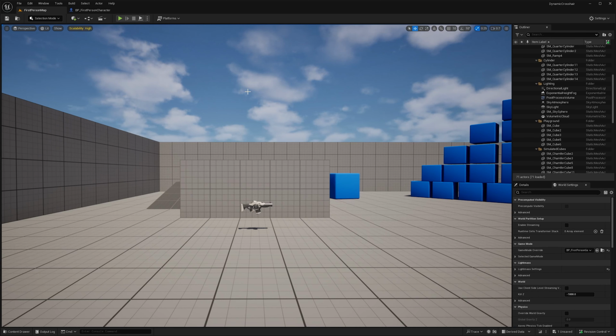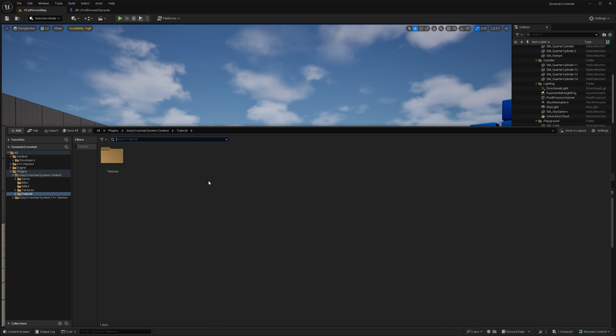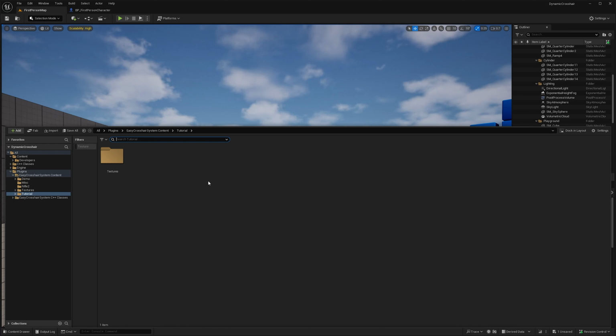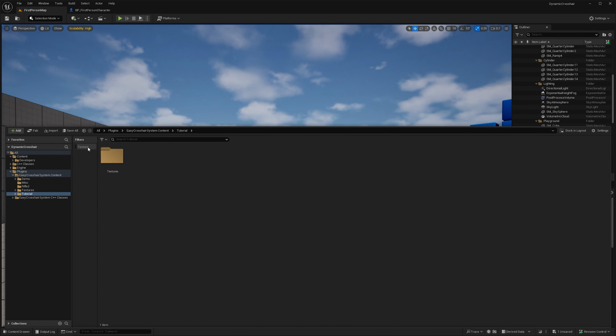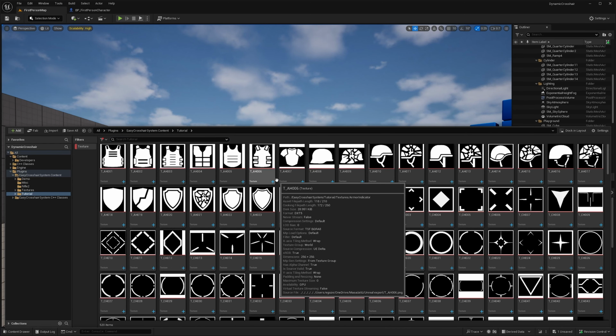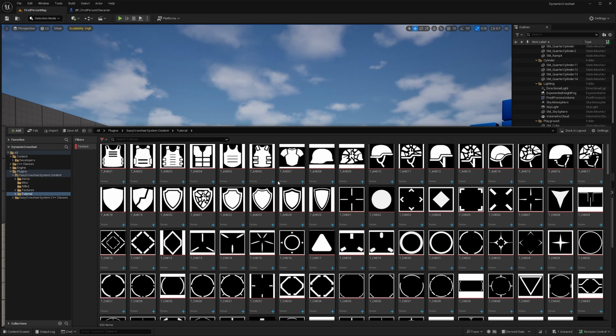Okay, now let's open the content browser to see what's available. You won't see any blueprint widgets, and that's by design. Easy Crosshair handles everything internally. You don't need to manage crosshair widgets manually. Just focus on creating. Inside, you will find more than 500 unique textures. Some of them are kill indicators, some of them are hit markers, crosshairs, and